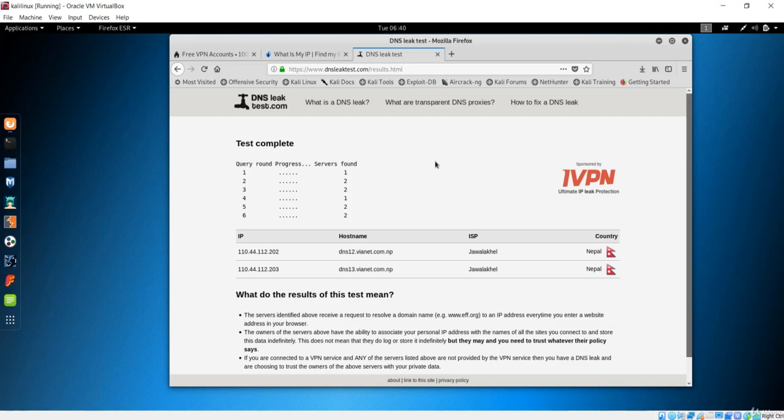So we have seen the virtual private network way, but it was not effective because there was a DNS leak. The next options would be a proxy server, and then RDP, which is the Remote Desktop Protocol. But now we'll look at proxy chains, which are very reliable. They are much more secure and much faster than a VPN. So let's see how we can set up proxy chains and how they work in this lecture.